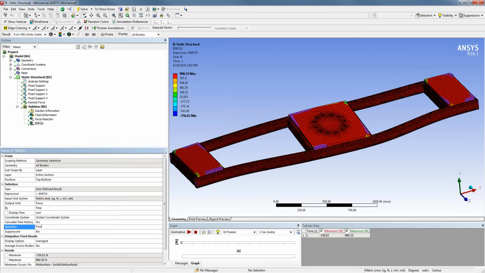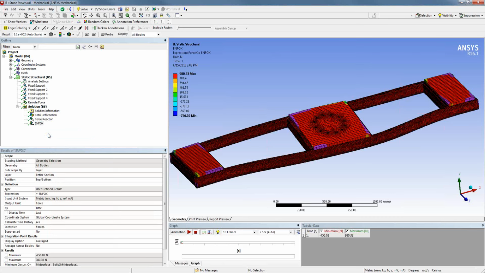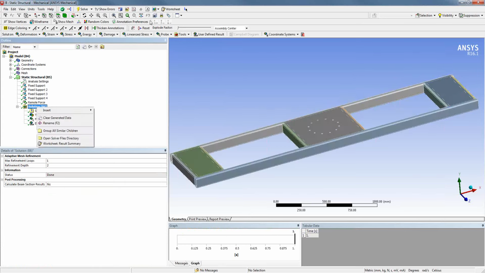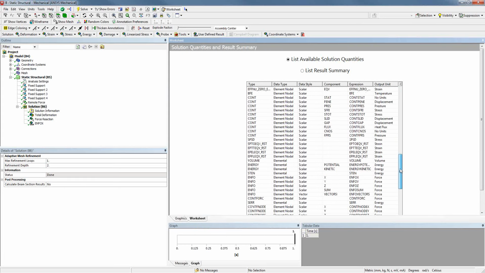a value, and this is what our variable will be referred to, or our expression will be referred to. And if I evaluate that again, you'll see we've now got an expression, force x equals ENFOX in this particular case. That may not seem particularly useful in some scenarios, but if we come in here and we say, well,